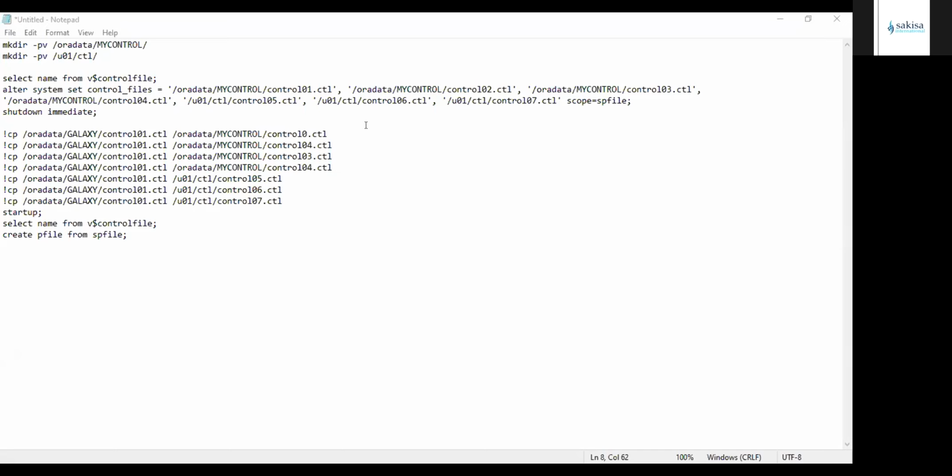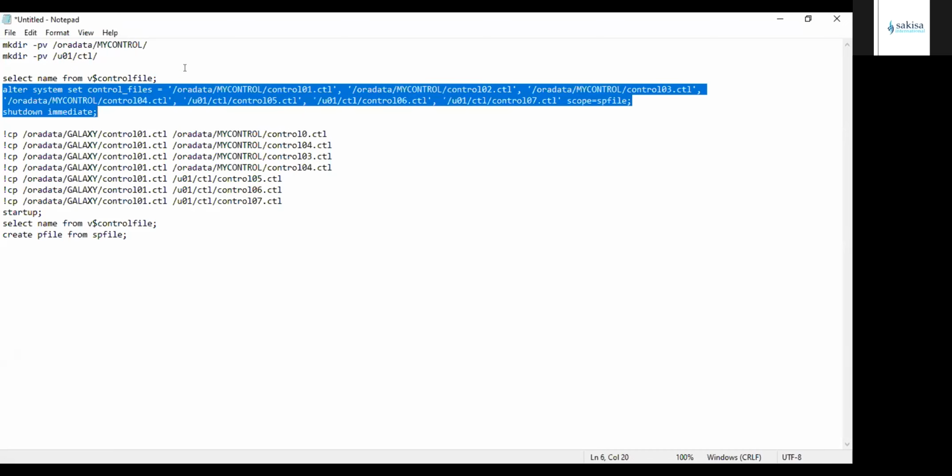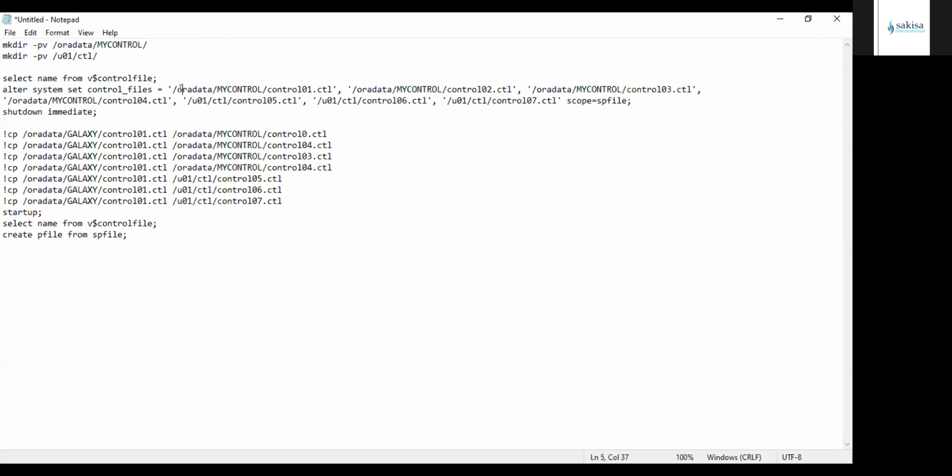Okay, I've already created the directories. This is a command here. I've altered the system already. I put 4 of the control files in my control and 3 of them in user1.ctl. So right now, I just want to duplicate the files.